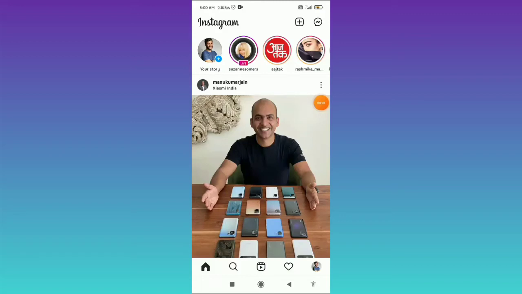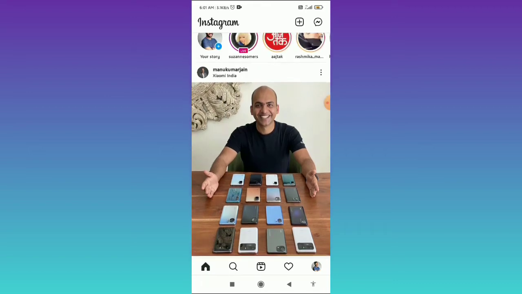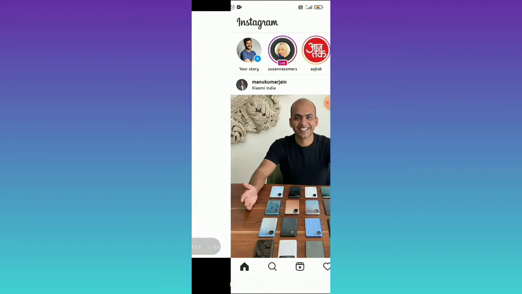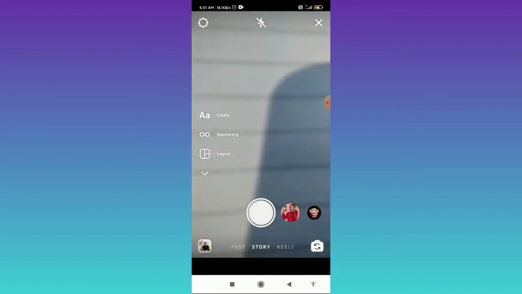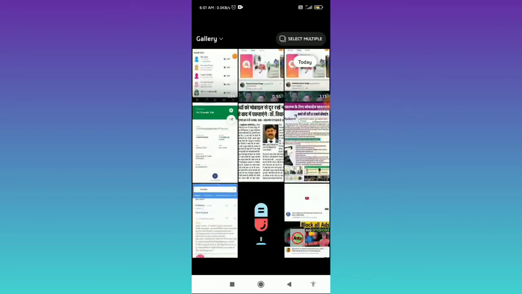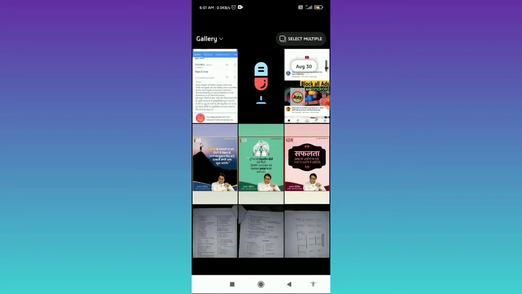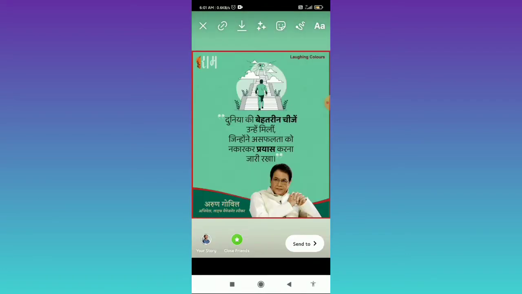In this video I am showing you how you can use the Let's Get Vaccinated sticker on an Instagram story. Firstly, open your Instagram app and tap on the plus icon in the top right corner. Then go to the story tab, and from here choose a photo from the gallery. So let's see, I choose this photo, and after choosing the photo what you can do is